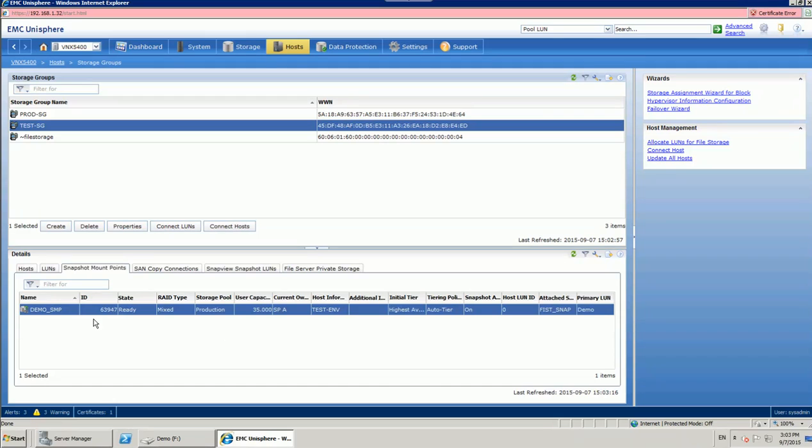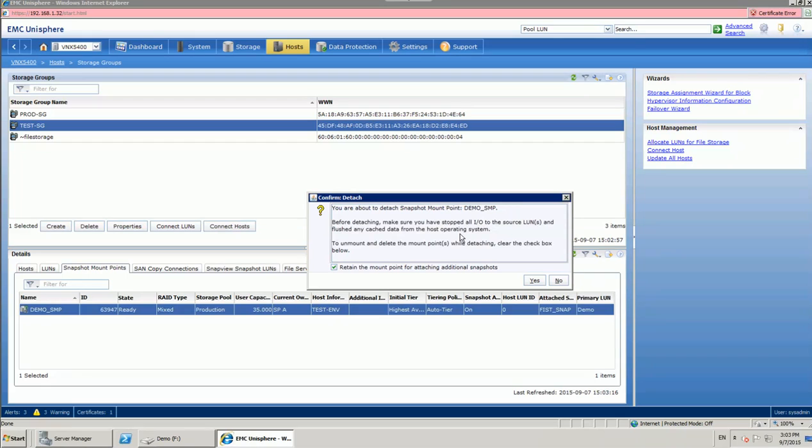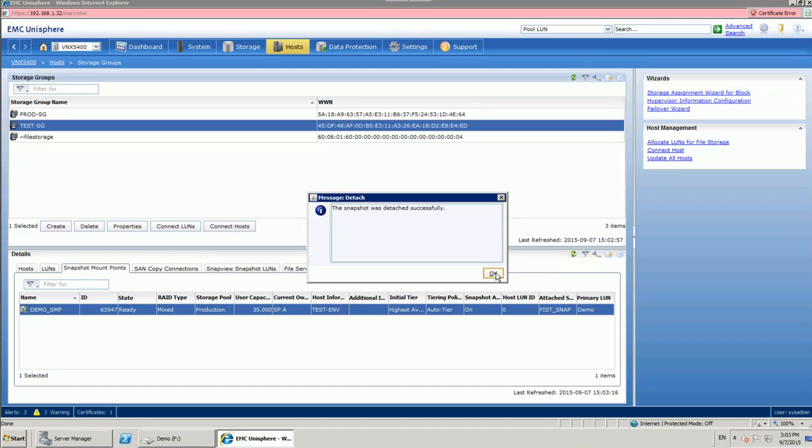That's basically it. Now we can, for example, unattach it using the snapshot detach option. Obviously, before you detach the snapshot, make sure there's no input-output request for this partition in our test environment. Okay, snapshot was detached successfully,